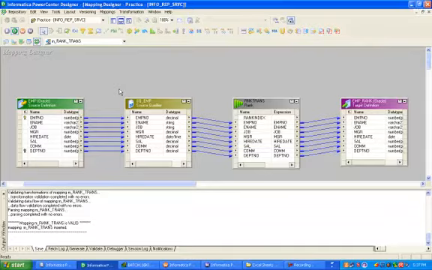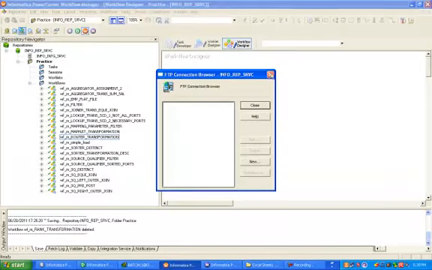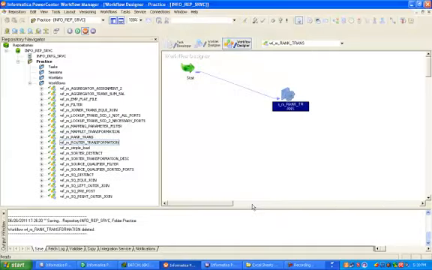After that you have to create a workflow. Now select your mapping. This is the mapping we have created, and click OK.